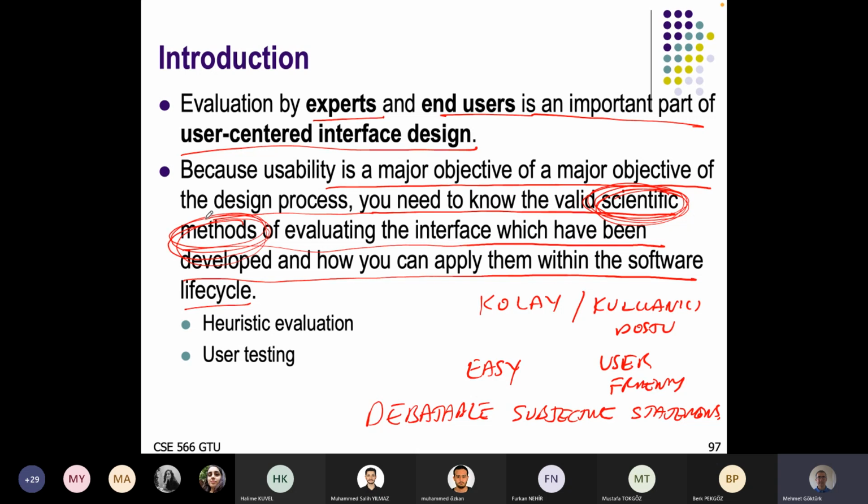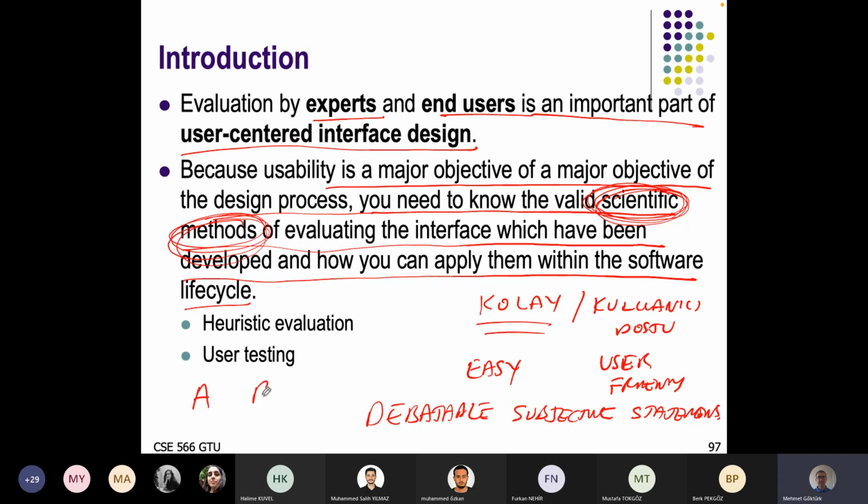If we can evaluate user interfaces with scientific methods, meaning repeatability, measurability, hypothesis, and validation,